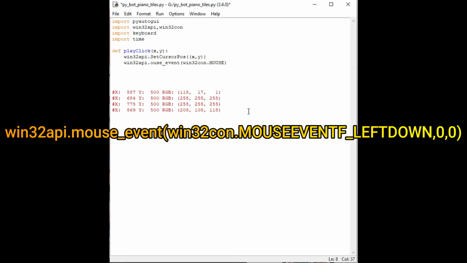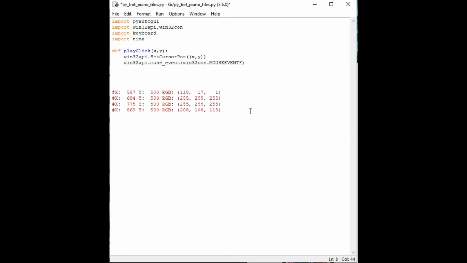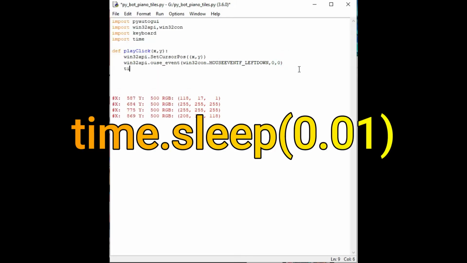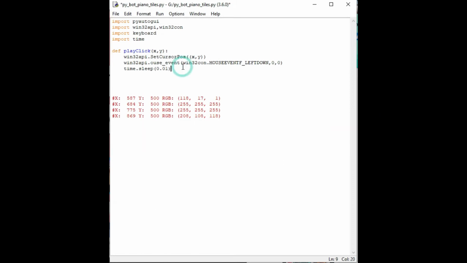We need to move the left key down, comma 0, comma 0. Hit enter and give time.sleep. This is the delay, and a very small delay is enough. If you give 1, that is 1 second, so we are going to give 0.01. This should be enough. If you don't give a delay for the clicking, then it will not recognize the click most of the time.